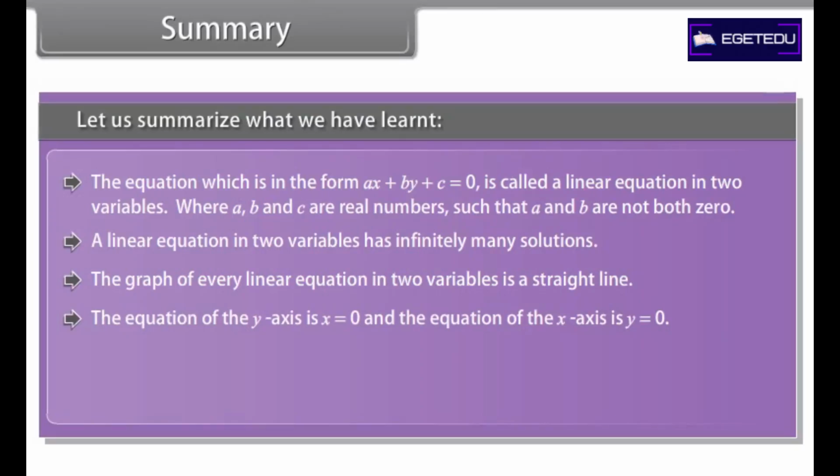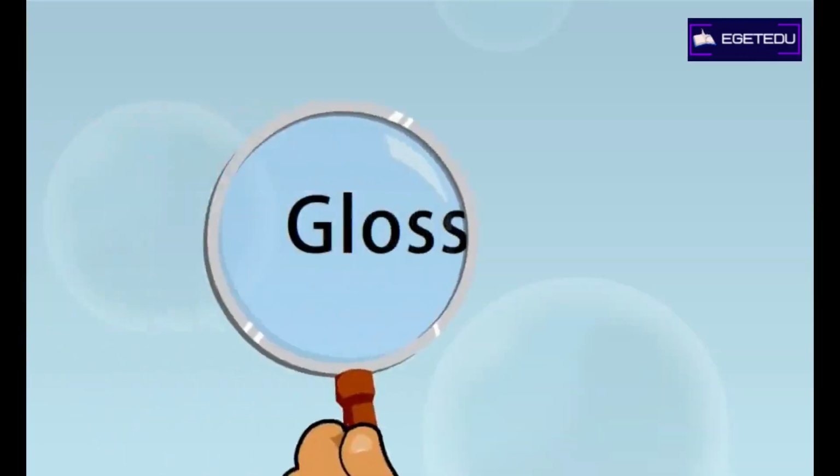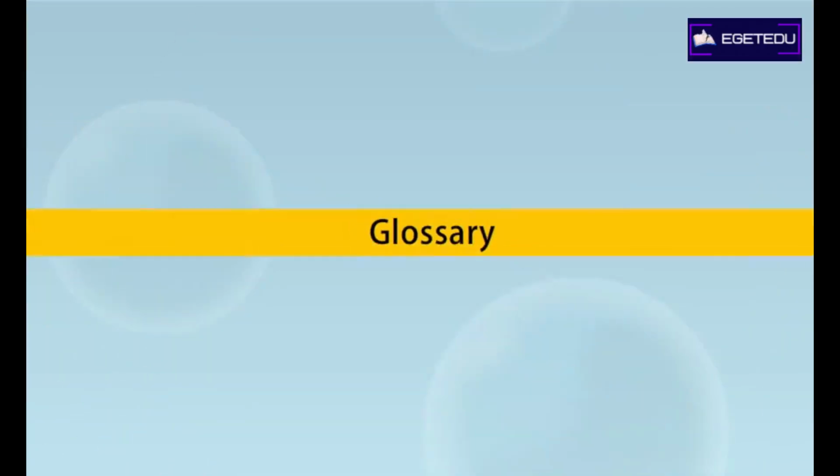Let us summarize what we have learned. The equation which is in the form ax + by + c = 0 is called a linear equation in 2 variables, where a, b and c are real numbers such that a and b are not both 0. A linear equation in 2 variables has infinitely many